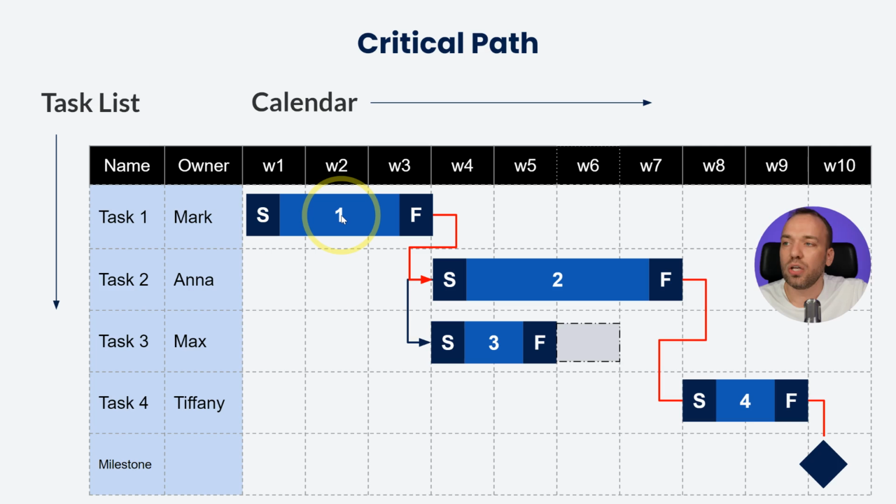Can I start task 1 and task 2 in parallel? Instead of finish to start, can I make them start to start? That will save me a few weeks. Sometimes that would be possible. Sometimes that wouldn't be possible because certain activities are simply not suitable